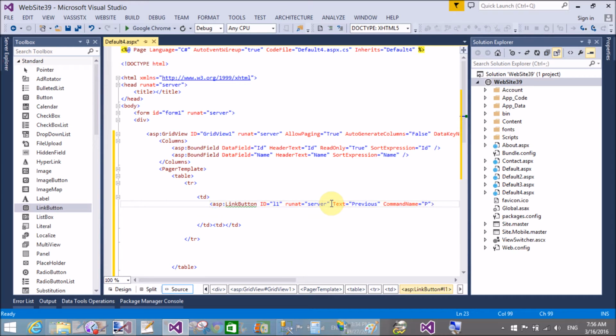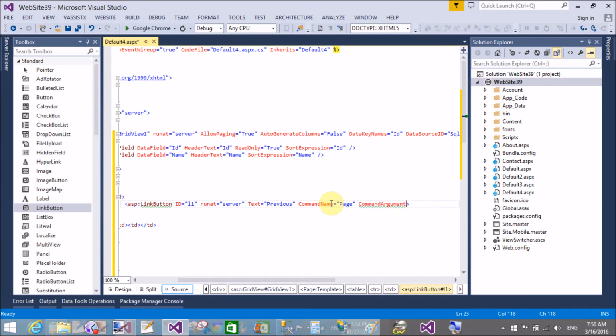Now you must use the command name. Sorry, the command name is Page and the command argument is Prev. So Prev is fixed. Both properties, the command name and the command argument, are fixed for the pager template.